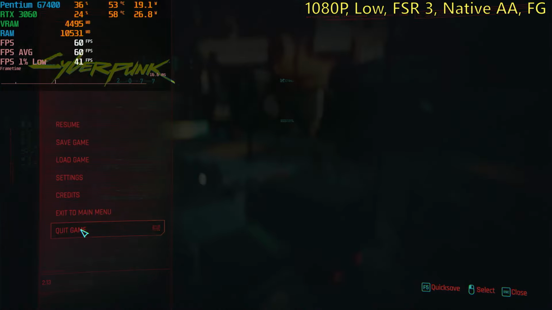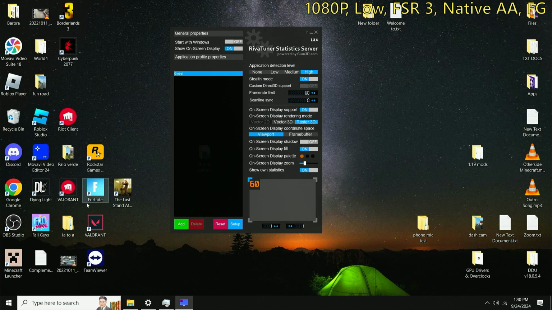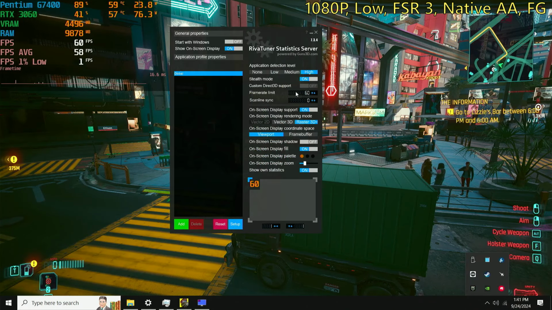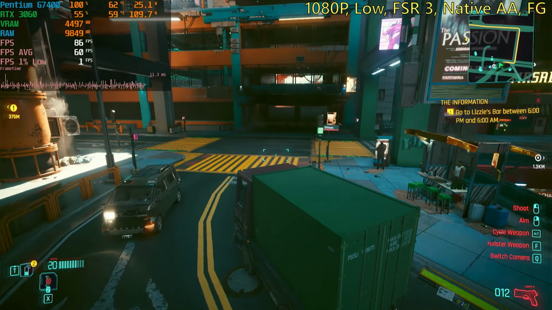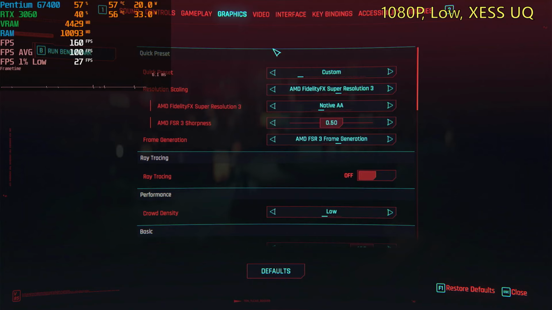Also, since the game said I needed to restart it, I'm going to restart the game and see if that changes anything here. We are back. Now, let me just uncap the frame rate one more time and see what happens with, well, the frame rate now that I restarted the game like it asked. Yeah, no, it is still stuttering a significant amount, but I also have the option of playing with XeSS,